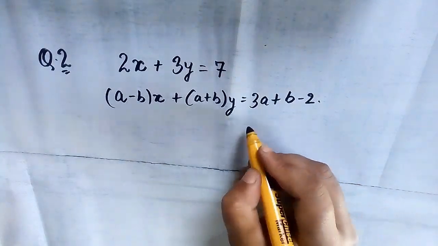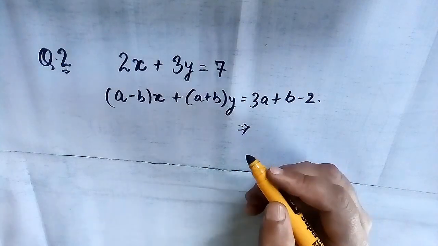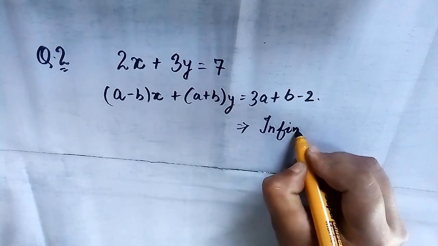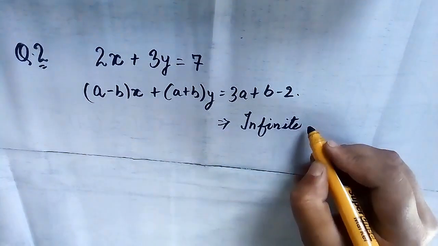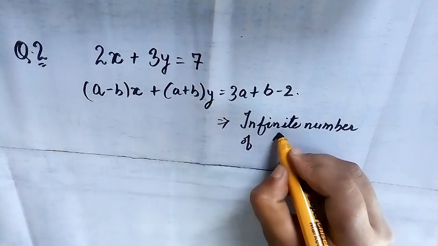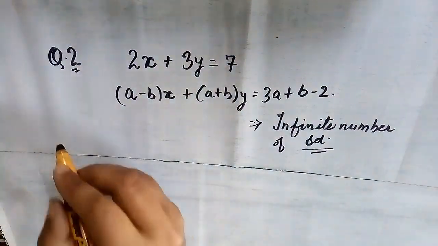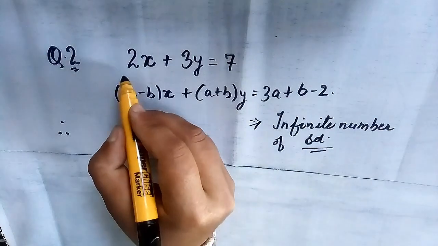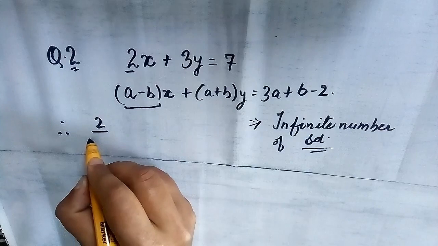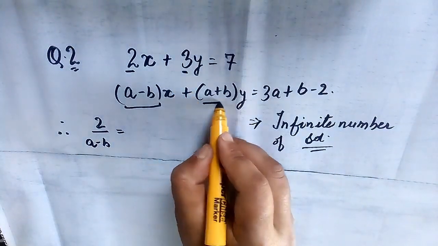So the given situation is that there are infinite number of solutions, and infinite number of solutions are in the case of coincident lines only, and you know the condition for it. It is a1 upon a2 equals b1 upon b2 equals c1 upon c2. So here a1 and a2 are 2 upon a minus b equals 3 upon a plus b